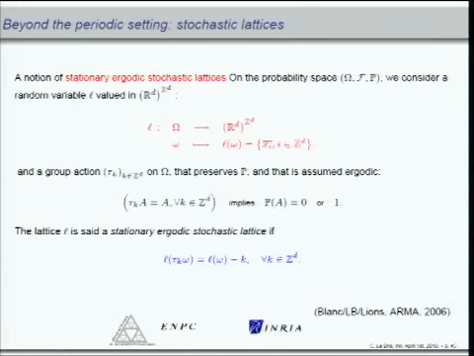Suppose you consider a discrete structure, which is the following one, and I will call this a stationary ergodic stochastic lattice. My primary object is a lattice, little l of omega, and it's a set of points. It took us a while to realize that the objects that we put randomness on are not the points, but the set of points itself. The reason is that from a computational viewpoint, from a practical viewpoint, and from a theoretical viewpoint as well, of course, your theory